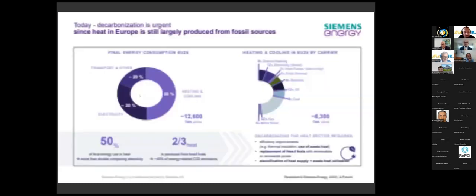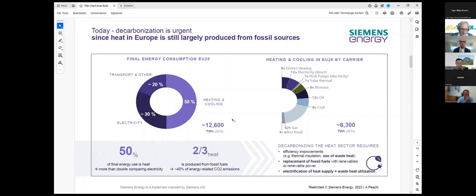So let's first start, why are we talking about heat pumps as such? If you're looking at the final energy consumption overall in Europe, you will notice that approximately only 1/3 of the energy consumption is coming from electricity. And the further 20% are exactly the discussion we had with Hans von Steen about transportation, what's ongoing there. But approximately half of